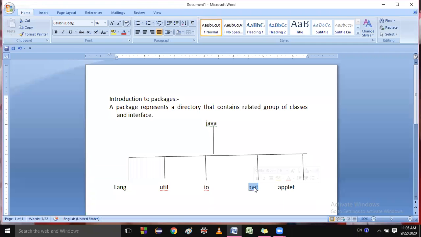A web-based application needs a web browser to run, and a system application does not need a web browser to run. These system-based applications are made with the AWT package. The classes and interfaces of the AWT package are used to make system software, the desktop applications in Java. Is it clear to you?